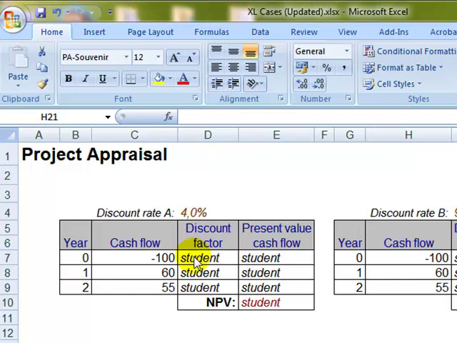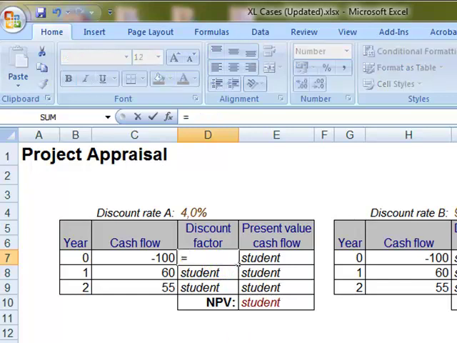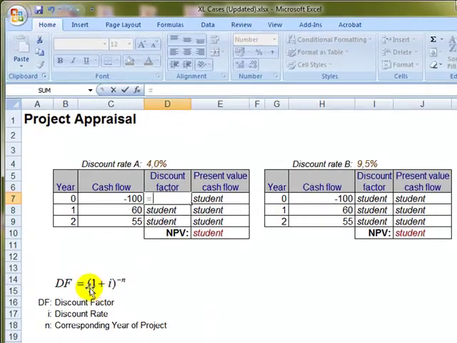Now, to find that out, we need to use a formula called discount factor, which is going to be placed in D7 and is described by this financial formula here. So what we need to do is convert what the financial formula tells us into what Excel understands as a formula. So applying the first rule of Excel, we put the equal sign, and then, as the financial formula says, parentheses 1 plus, all is the same for the time being, and here it says I. So we check the legend here and we see I is the discount rate. Therefore, instead of I, applying the second rule of Excel, we place the cell that contains the value of I,